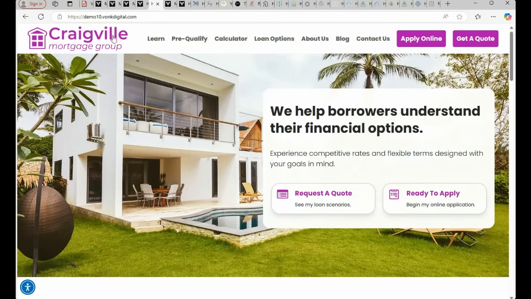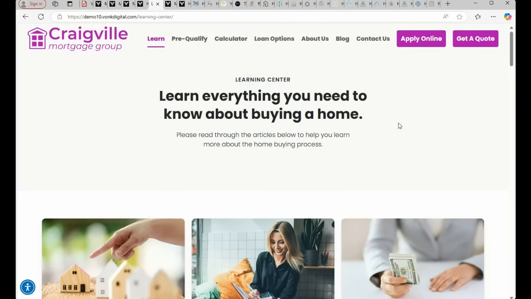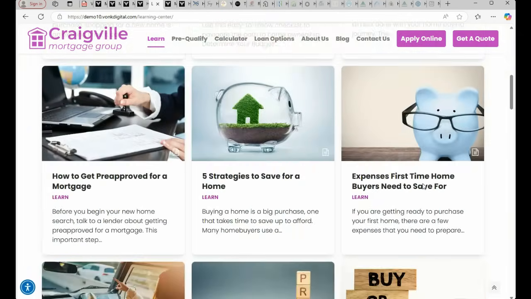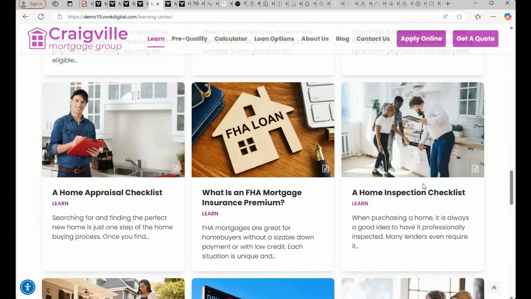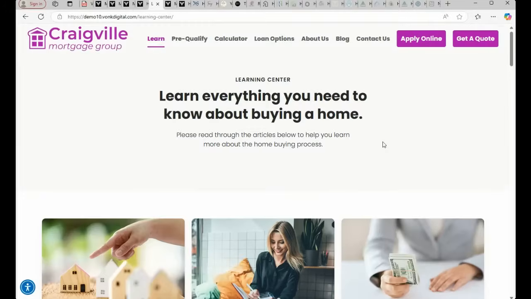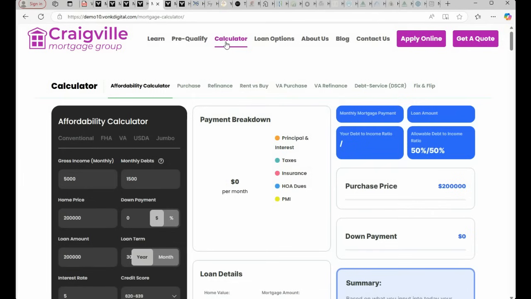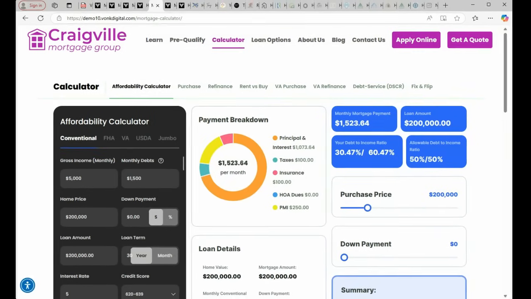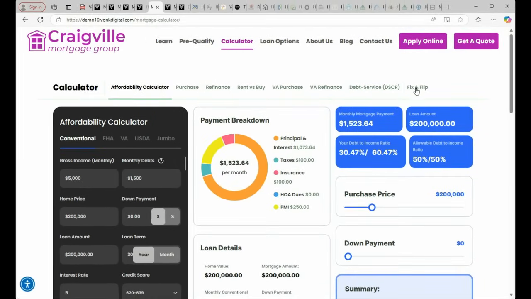So let's just go through some of the things that you get. I'm big on education. Learning centers included. I think there's 27 articles for first-time home buyer information, typical questions that they may have. We do have an add-on. It's $100 once for us to install it, of another. If you wanted a VA learning center, I think it's 30-something articles that we can include. We do include 7 mortgage calculators. These can all be turned on or off. Some people don't want certain ones, so we can turn them off in the defaults. There's a DTI, affordability calc, purchase, refi, rent versus buy, DSCR, fix and flip. So these are all included